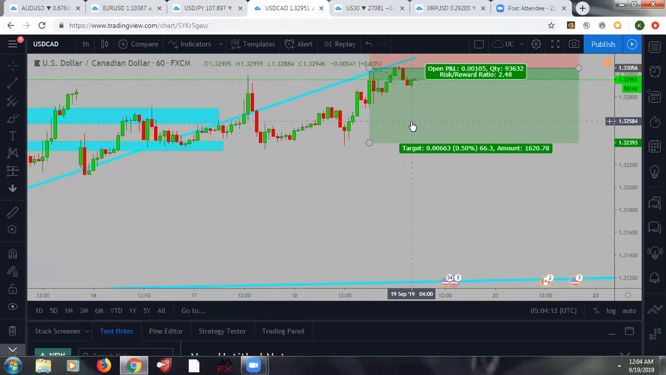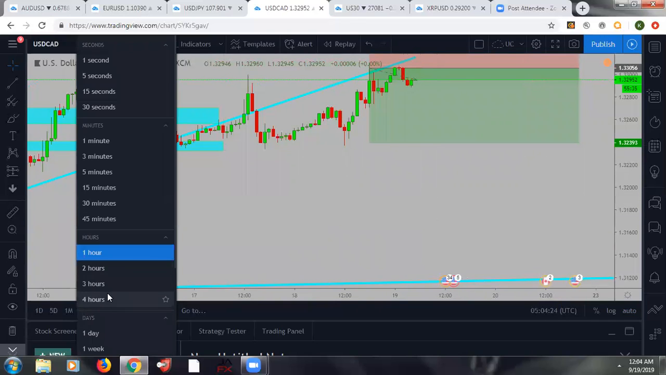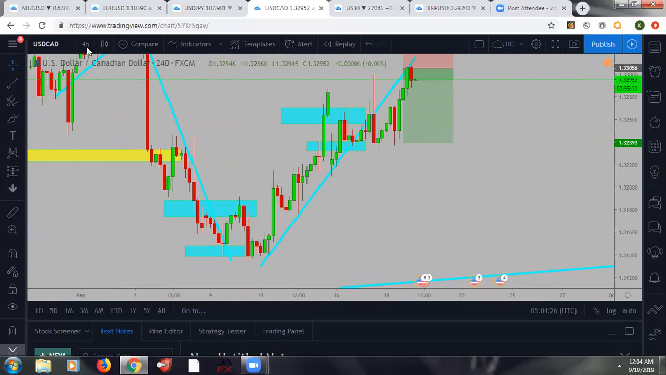My previous TP, which is this level, 66 pips, is based on the fact that we had previous support at this zone. There's a potential for the market to go below that, reach this previous trend line based on the 4 hour, I believe, on the daily, just to make sure. I believe it's on the daily